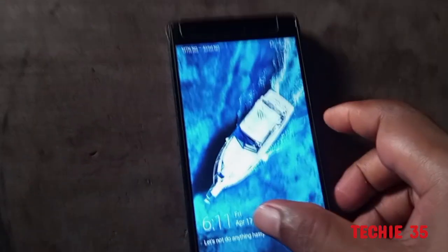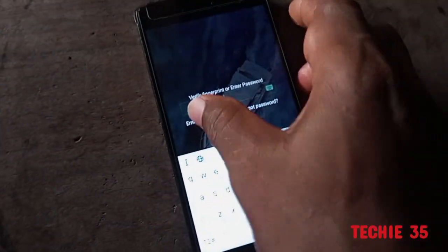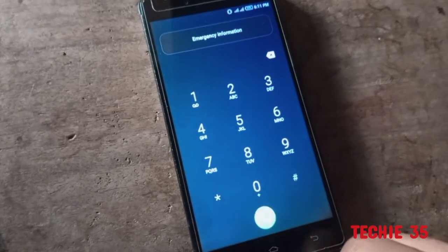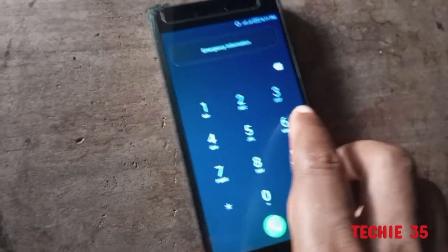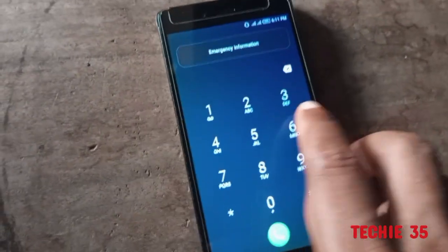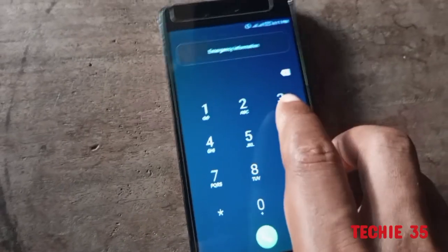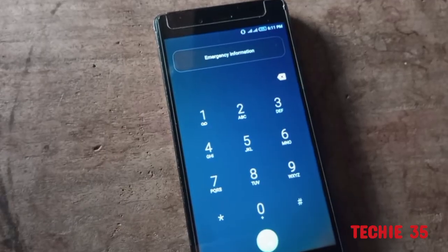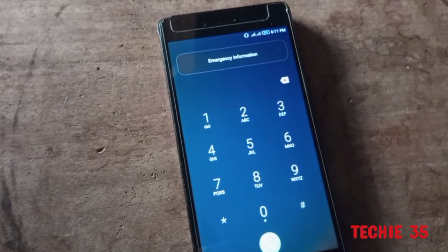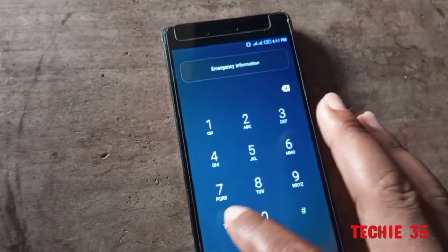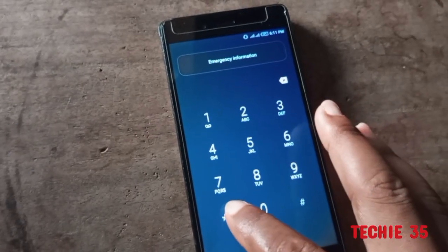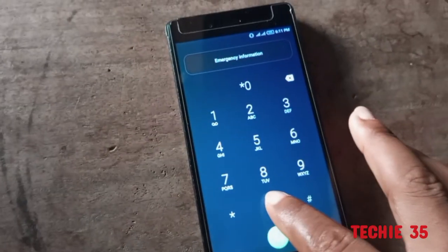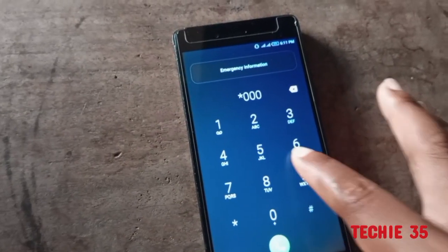What you have to do next is to return to the emergency section. On the emergency section, you have to dial this code. If you have watched my previous videos, you see that each phone or each process has its own code. This code enables the PIN or the forgotten password to be broken. So what you need to dial in this emergency section this time is this code, star 00069